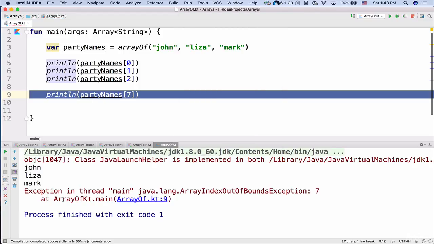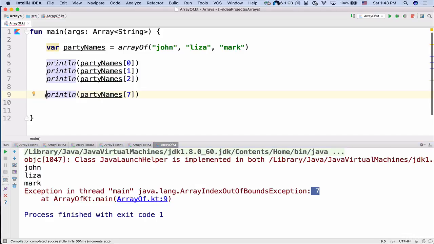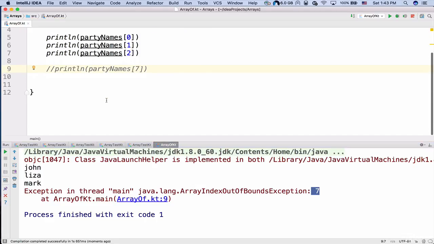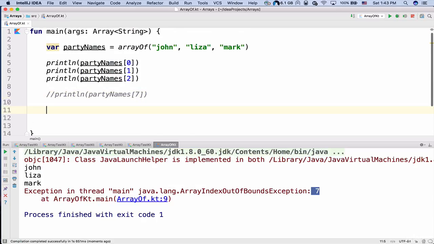Let's run the app. In the console, you can see it says exception in thread main java.lang.ArrayIndexOutOfBoundsException number 7. This is an exception that you're going to get if you use a wrong index. So let me comment out this line of code. We can also create a list, partyList,